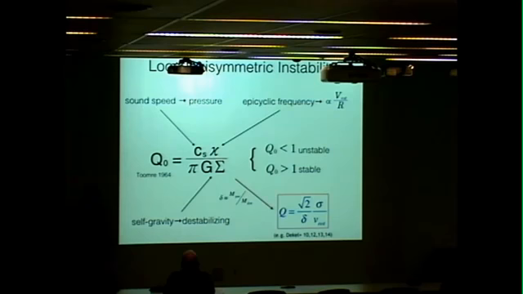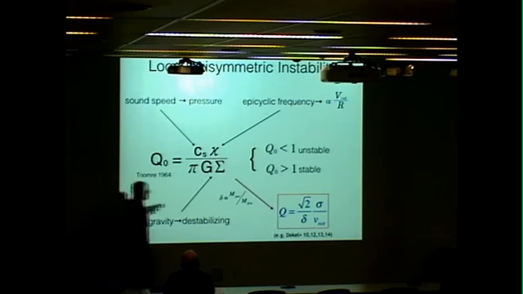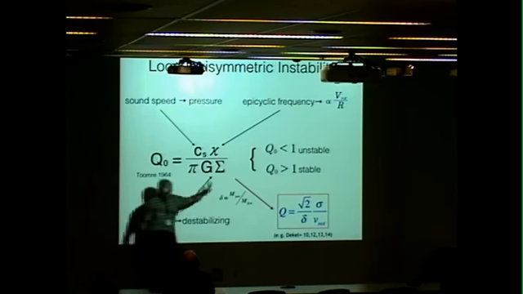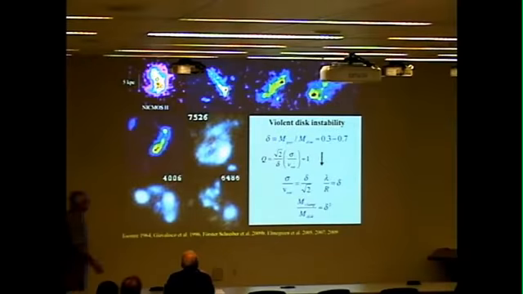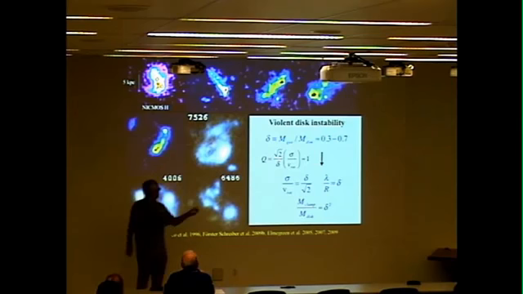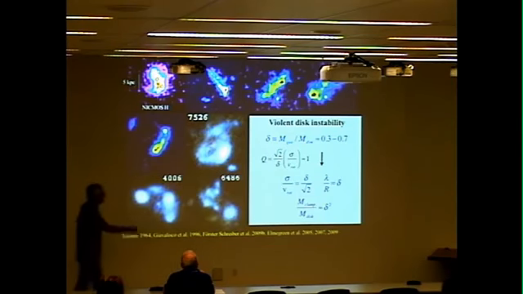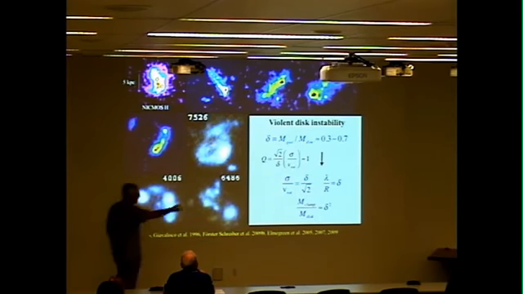Now you can cast this equation into a more convenient equation, which is shown down here. If you introduce the gas fraction, which is gas mass divided by dynamical mass, and here I assume that dark matter in the inner region is negligible, then you find that Q is square root of 2 divided by delta times sigma over V_rot. And that seems to explain very nicely the high redshift galaxies. Delta is of order 0.5, and so you see immediately that the sigma must be large in these galaxies because you get something like sigma over V_rot of order